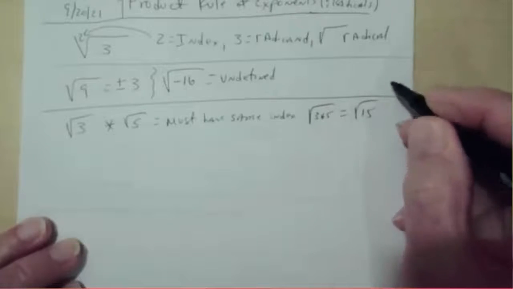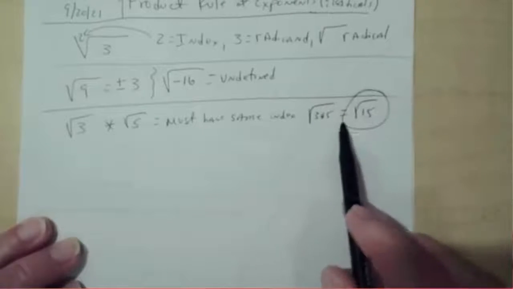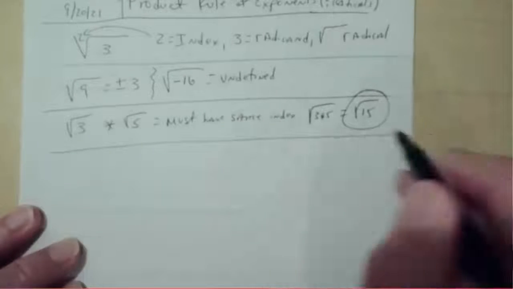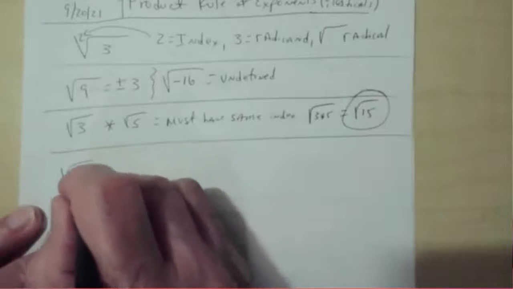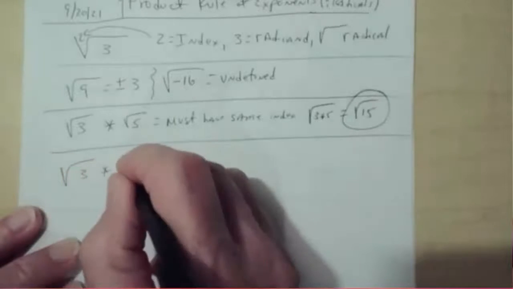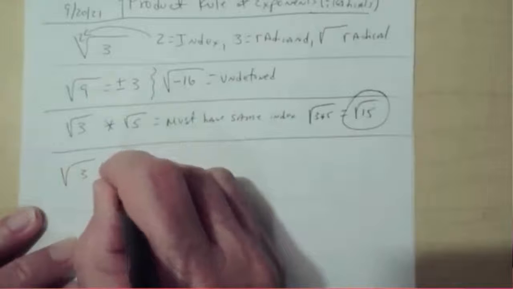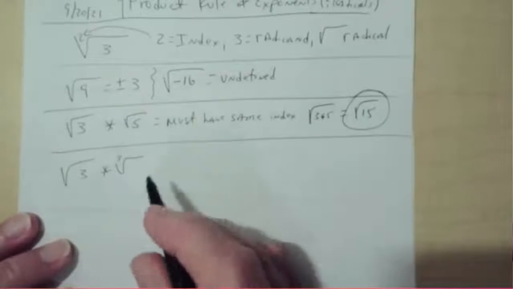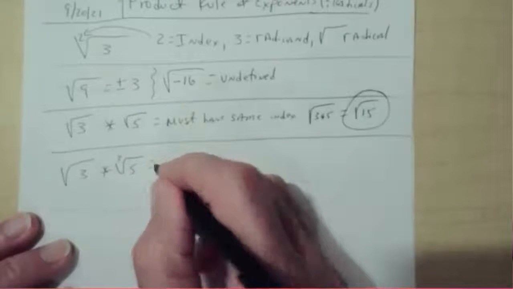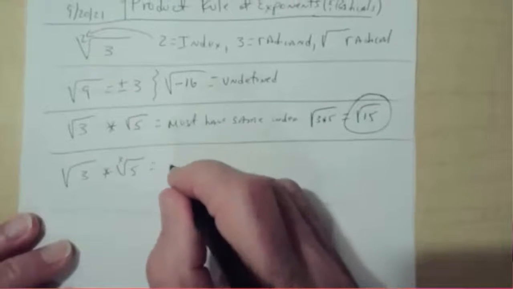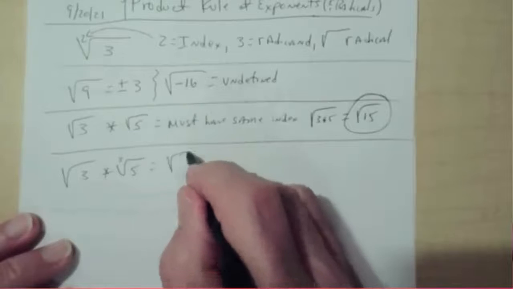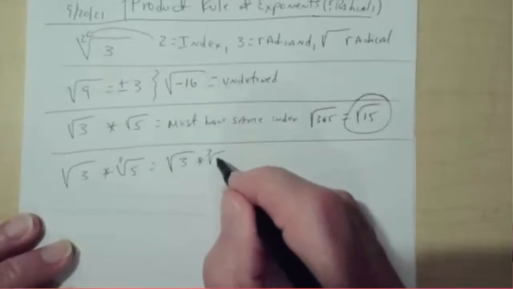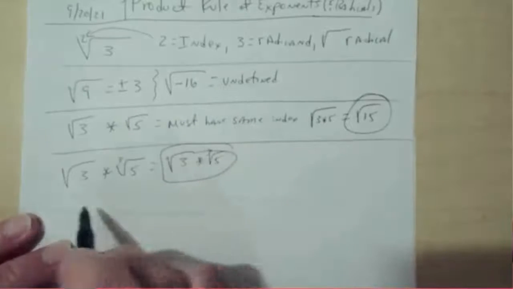But again, the only time you can do this is when the indexes or indices are the same. So if you have the square root of 3 times the cube root of 5, in other words, what number times itself 3 times is 5, there's nothing you can do here. So the answer to this is the square root of 3 times the cube root of 5. There's nothing you can do. You have to have the same